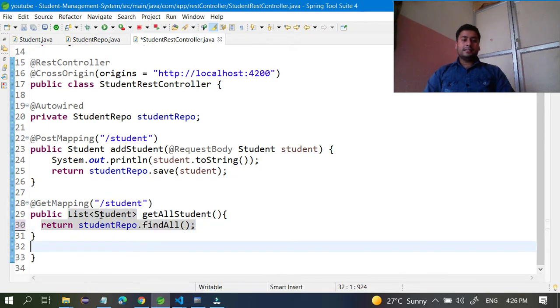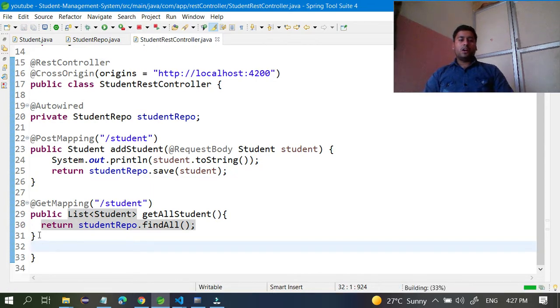Second is the list of students, which we return through this method: studentRepo.findAll gets the data in the database. We have already written this method inside this student controller, so we don't need to do anything. Just save this.